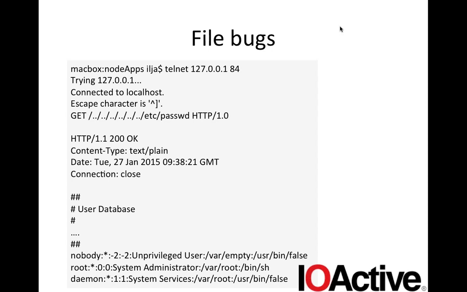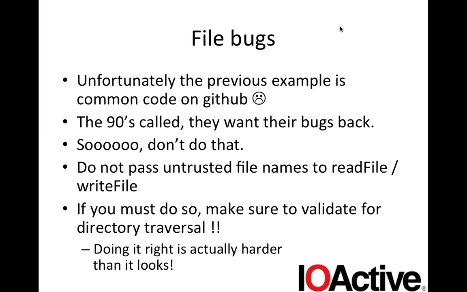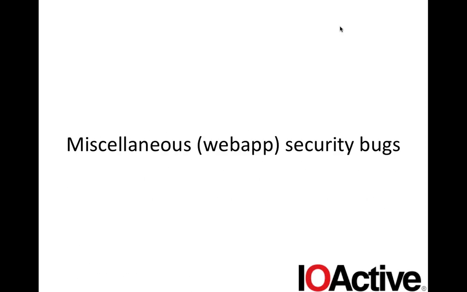And again, I went on GitHub and I looked for readFile, and sure enough, I found this one application that basically goes, oh yeah, we'll just take the raw file name and then I'll just hand you back the file. So I ran the application, and I simply did a GET with dot dot slash dot dot slash dot dot slash etc slash passwd, and sure enough, it gives me my password file back. So that's a very, very trivial example of directory traversal issues in node.js applications.